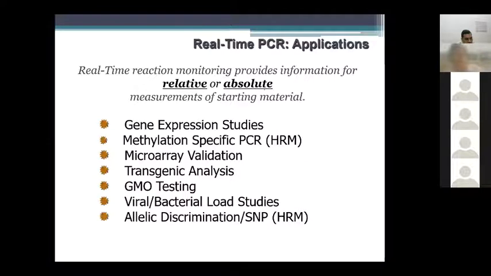For example, if you are going for the absolute counting of viral load or bacterial load in a particular sample, you need standard samples. You need a standard virus which contains a specific number, for example 1,000, 2,000, 3,000, and you go for serial dilution